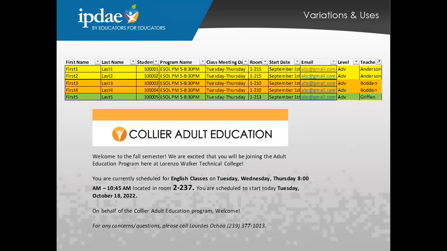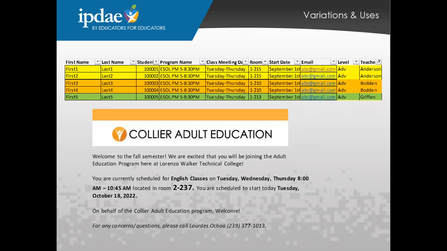So as we get to the tail end of it, one of our other uses that I mentioned is the mail merge and how we communicate with our students. At the top, you see that we have a little sample snapshot of a spreadsheet. Here are three different colors, a yellow, orange, and a green. Different students, all ESOL students, all attending the same duration, all in the advanced level, but going into different classrooms. Again, when we're bringing in 300-400 students, and we're going to be letting them know which classroom they're going to be going to,